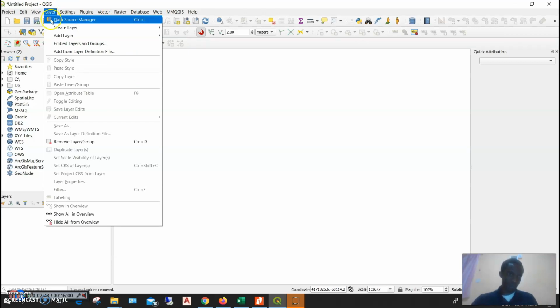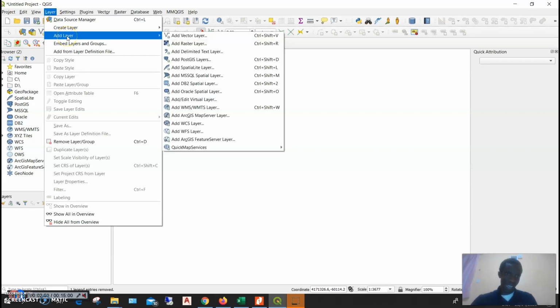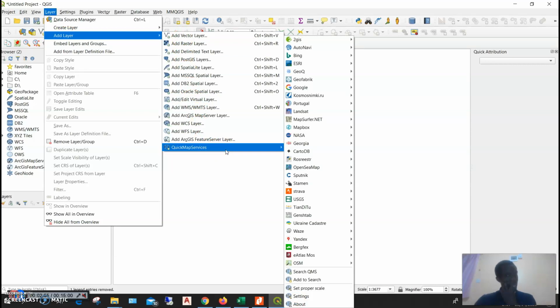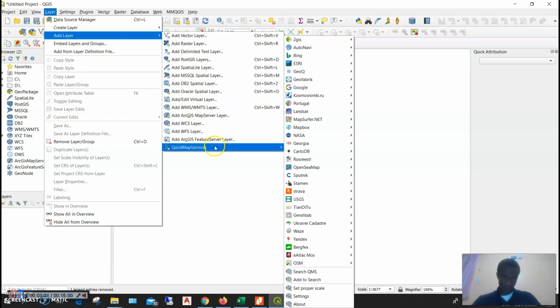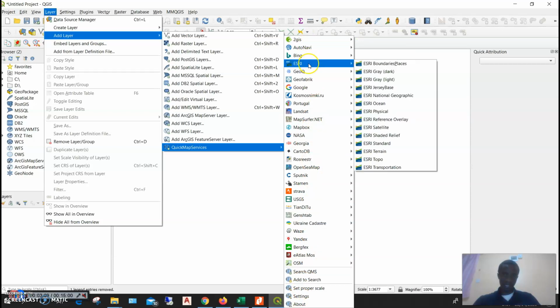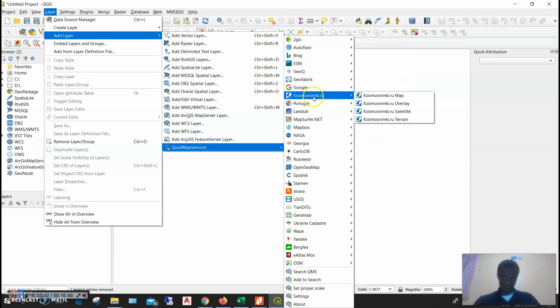This tool over here, layer, add layer. Then down here you have quick maps. Once you just hover your cursor to quick maps, there is a window that pops up. This window shows the images that you can use.